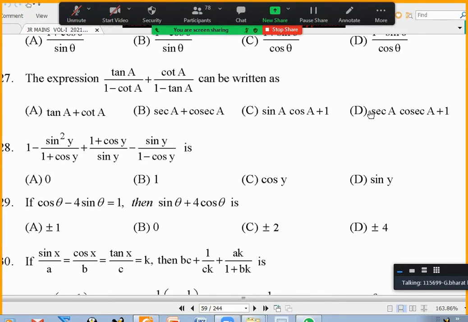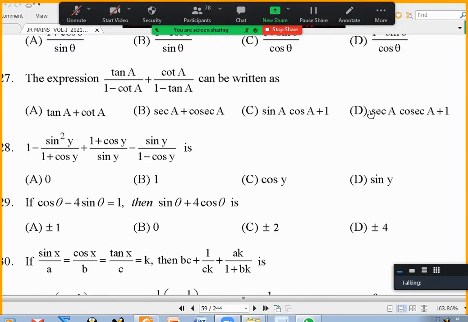And it can be written as (tan A minus 1) into (tan square A plus tan A plus 1) by tan A into (tan A plus 1)... minus 1, sorry. Yes, used A cube minus B cube form. So we'll be getting (tan square A plus 1 plus tan A) by tan A. Okay. Finally, what is the answer? Which option is right? Option D. Option D, sir.